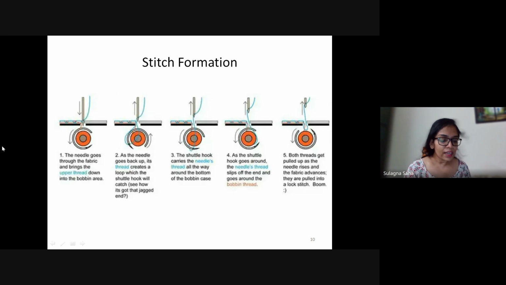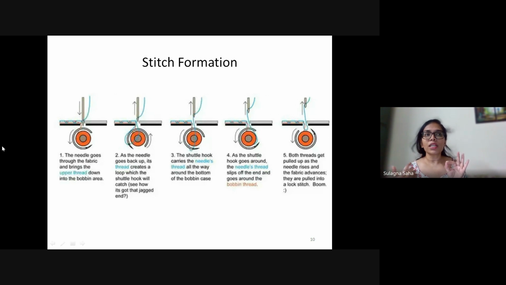We thread the needle, prepare the bobbin thread, and put the bobbin thread in the bobbin. Insert the bobbin in the bobbin case. Then we insert the bobbin case inside the shaft. Make sure that you take the bobbin thread up from the throat plate. We adjust the thread tension for both the needle and the bobbin thread.